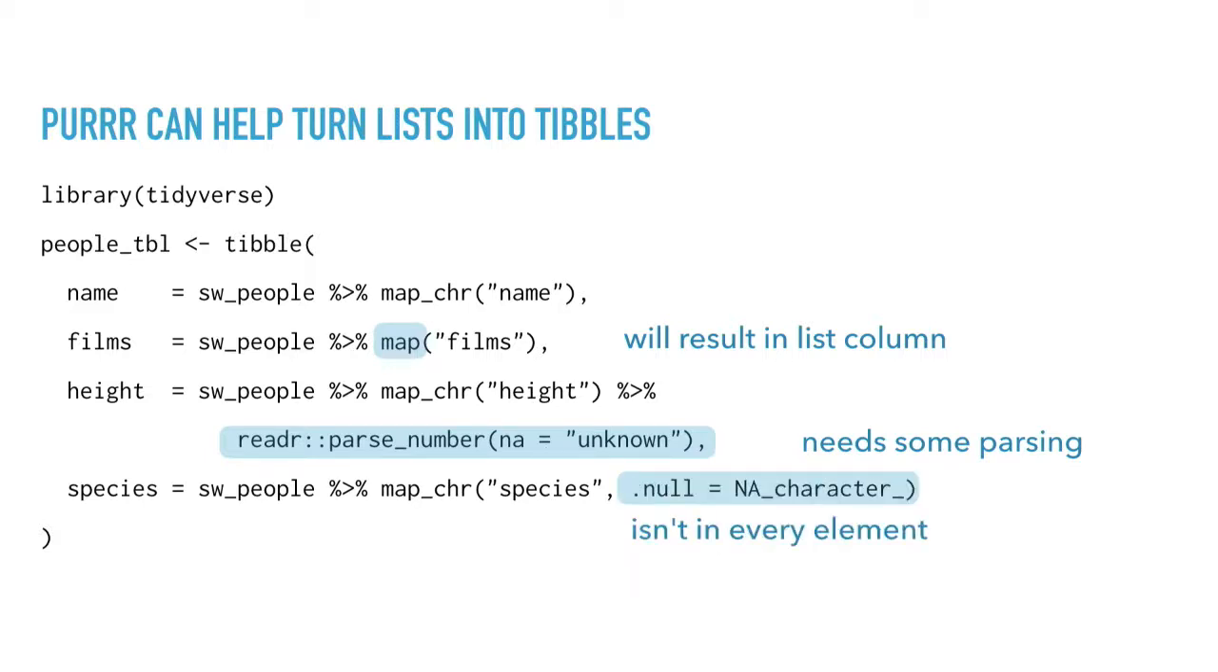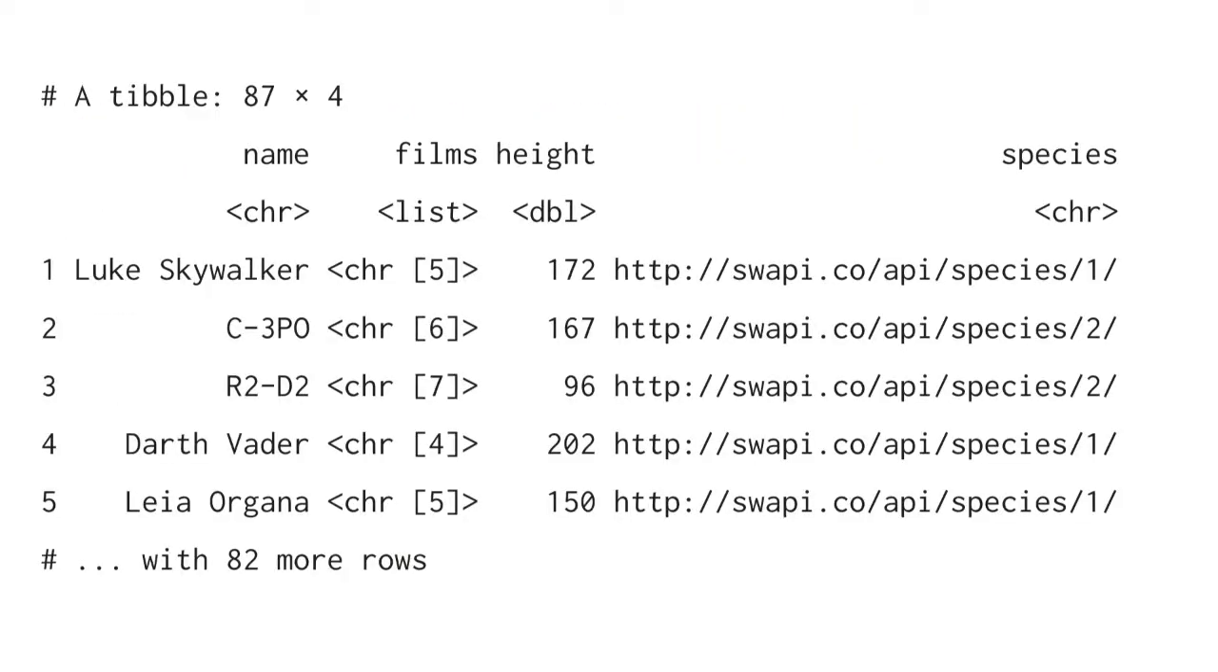And then the other thing goes back to the question, well, what happens if, for example, species isn't in every person that I have in my SW people? And in fact, it isn't. The map functions have this argument .null where you can specify what should be returned if the element is null, if it's not there. And here I'm specifying I want a missing value. I'm being a little bit more specific than that. I'm saying I want a missing value of the character type, because I'm using map character, I'm expecting a character string. I just need to make sure I'm getting NAs that are also of a character type. Okay, so that, if you run it, and I will,